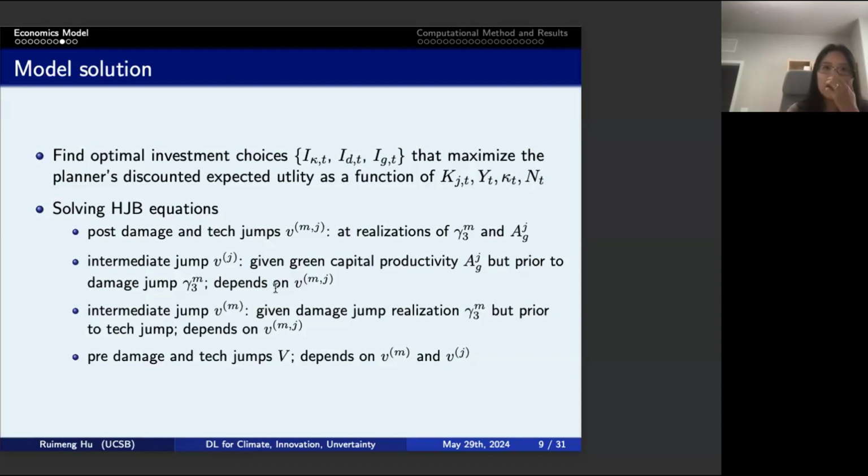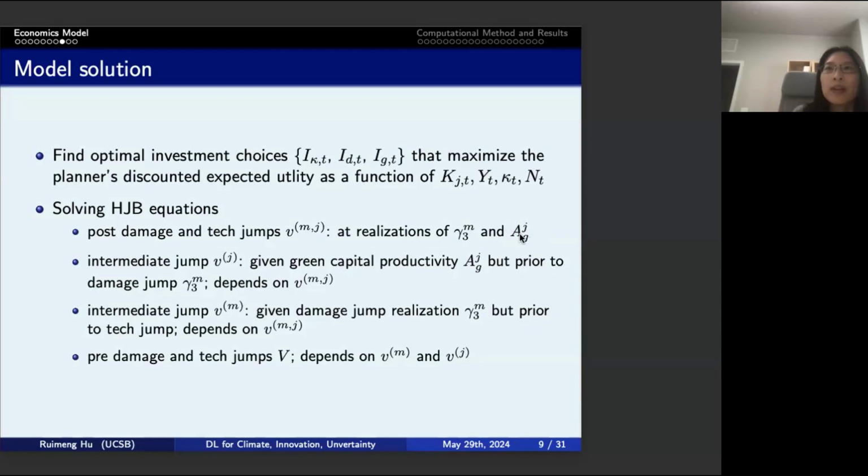Okay, so how are we going to tackle this? We write the HJB equation using the dynamic programming principle, but because there are several stages, there are different sets of HJB equations. The first one is the post-damage and post-tech jump equations. After the damage and technology jumps have occurred, it's a pure control problem. We denote the solution by V, M, and J, which corresponds to after we realize the value of gamma, which is this additional curvature from the damage, and